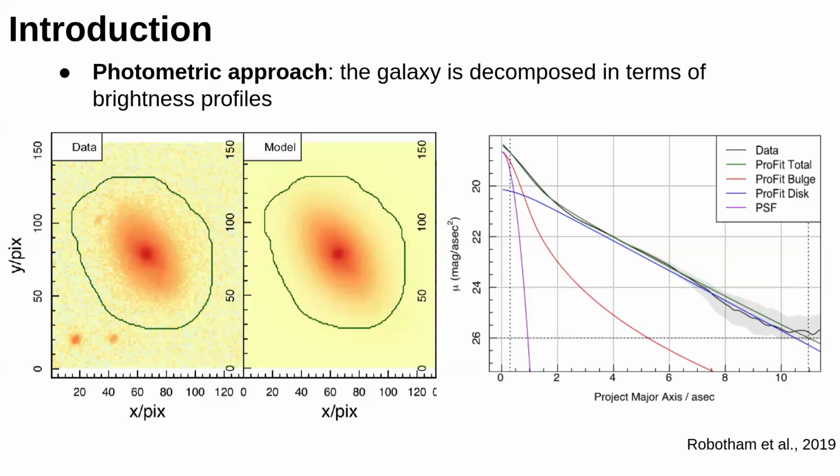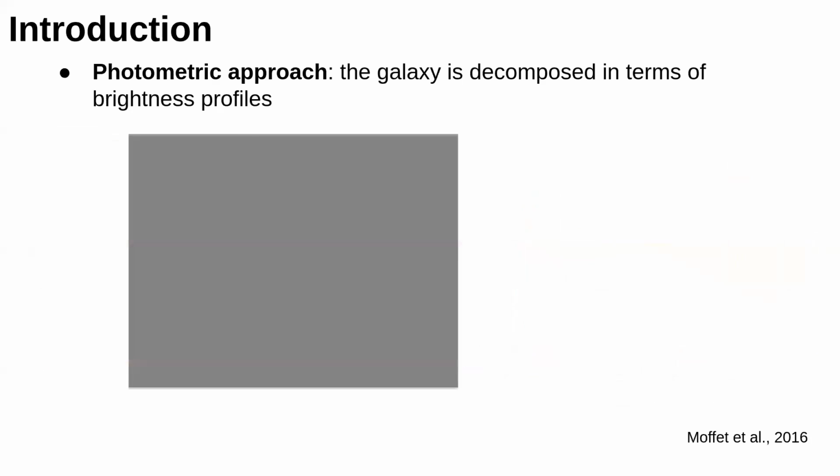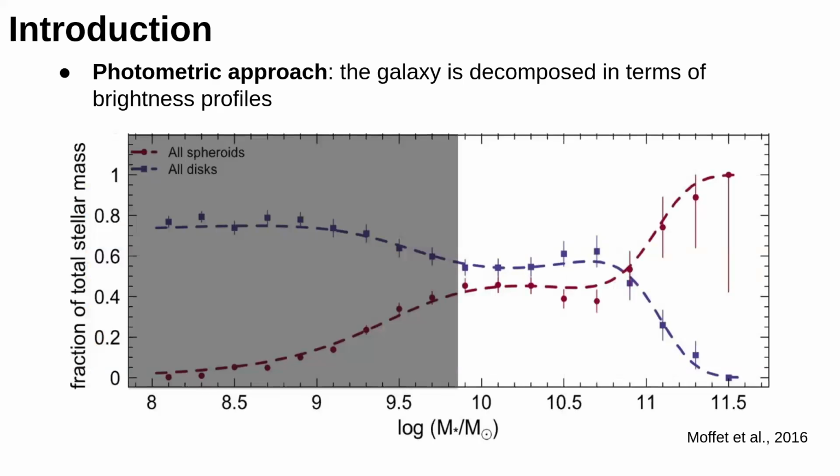Okay. Once you do this exercise for a volume complete sample for a large number of galaxies, and you do that as a function of total galaxy stellar mass, and today we are going to focus on the high mass range, you pretty much realize that below 10 to the 11th solar masses, disks and spheroids or bulges nearly equally contribute to the mass budget. Okay. As I go up in mass, the contribution from spheroidal structure or elliptical galaxies becomes more and more important and dominates. Let me anticipate that these results are dependent on visual morphology.